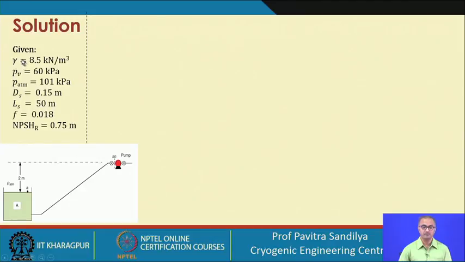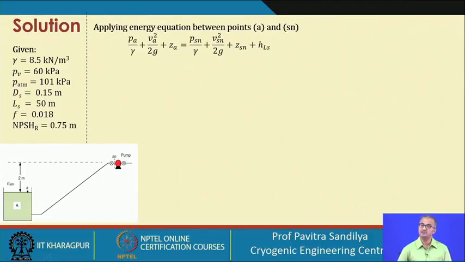Firstly, we put all the information given to us, and here we see this particular liquid level is about 2 meter below the pump level. In any of these pump problems, we have to apply the energy balance or the first law of thermodynamics. In this energy balance, we take the pressure energy, the kinetic energy, the potential energy, and some losses in the pipeline. These losses may be minor losses or major losses.